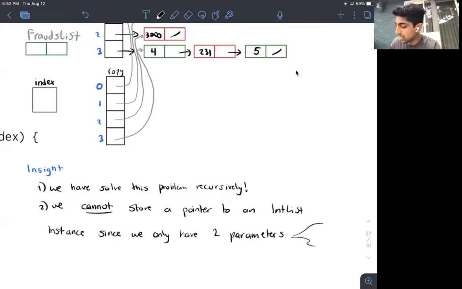And the two parameters, just to recap, are going to be our array and some int index, okay?